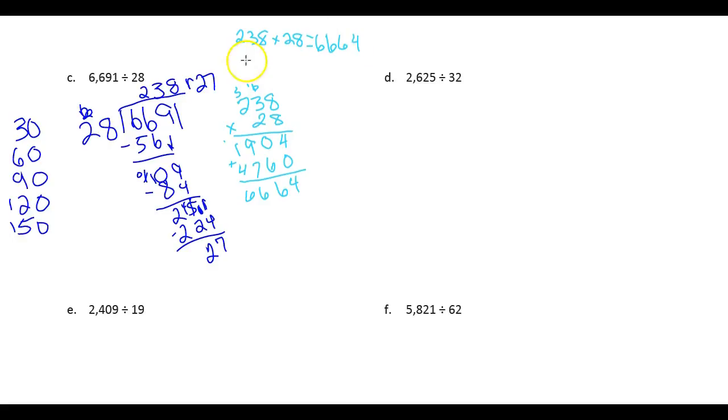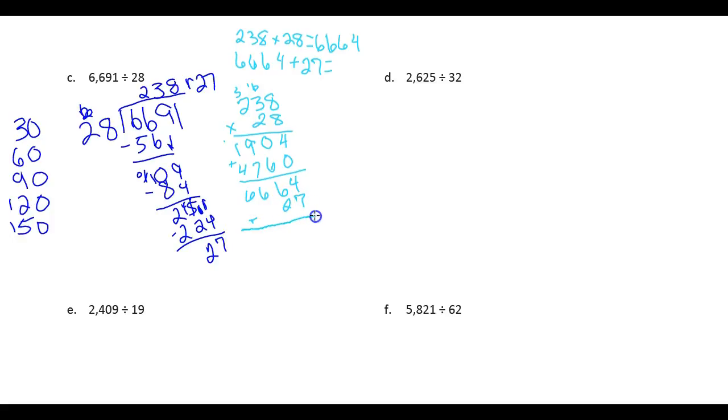6,664. But we're not done yet because we still have this remainder we got to work with. So let's take that 6,664. We won't lose it. We'll combine it. So we say plus 27. So let's add that down here. Now we're going to say plus